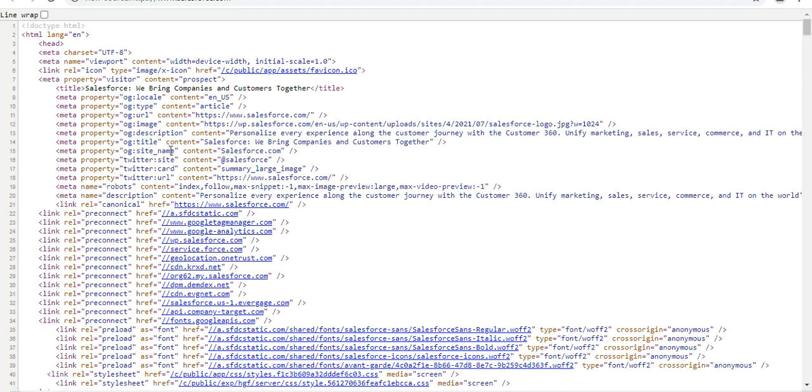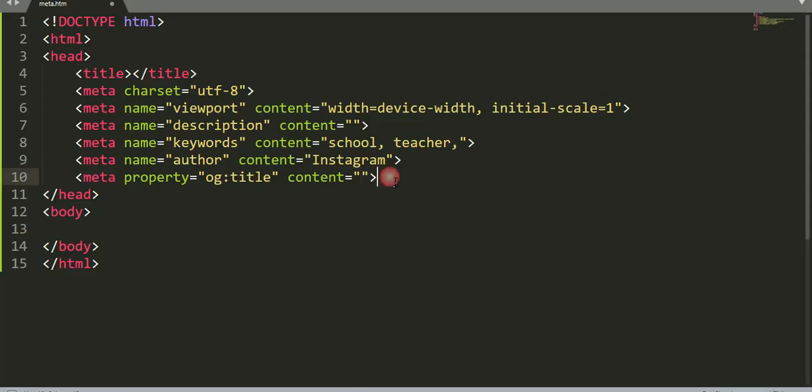So when a social media platform searches your website, it goes to the OG title to see your title. So look at the title: Salesforce, we bring computers, companies, and customers together. Now, the second one that is needed in meta property for Open Graph is